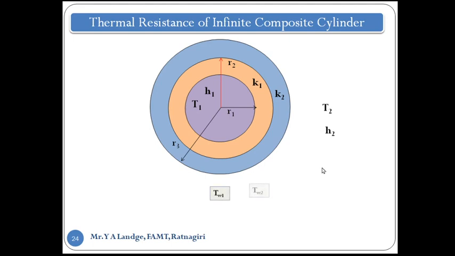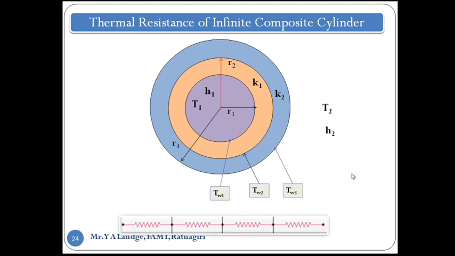Okay, now another case: the temperatures are mentioned at the surfaces, because it is again important to know the heat transfer between the inner side and the pipe. So Tw1 is the temperature of the surface, T1 is the temperature of the fluid. Don't confuse T1 and Tw1. T1 is the temperature of the fluid which is flowing through the pipe, and Tw1 is the temperature at the surface. Then Tw2 is the surface temperature between the two insulating materials, and Tw3 is the surface temperature of the second insulating material, and T2 is the temperature of the fluid which is around this insulating material.